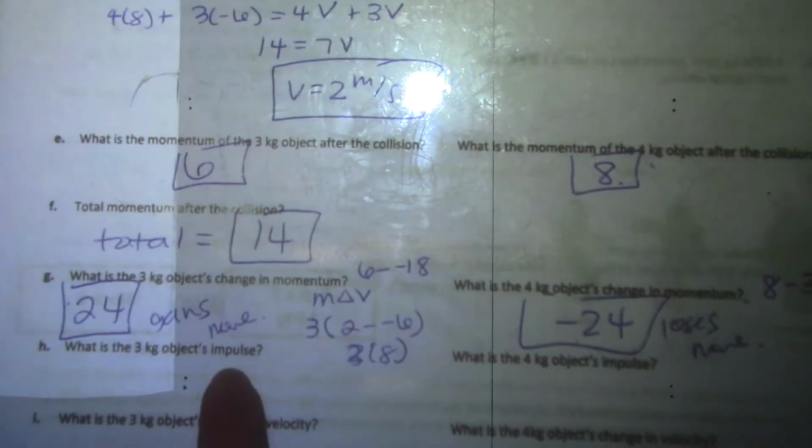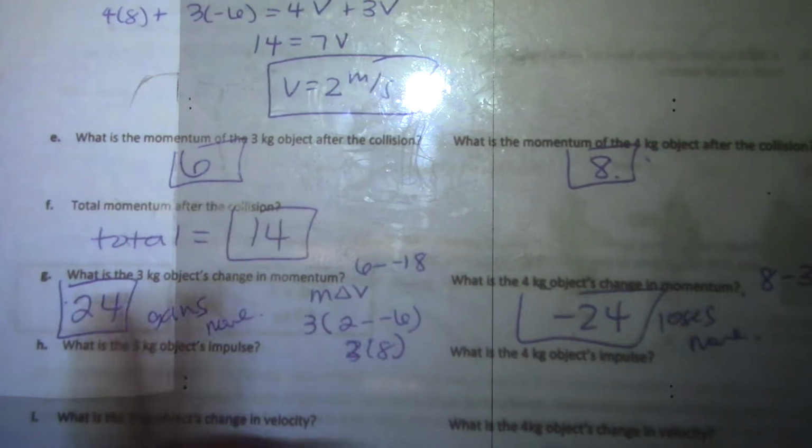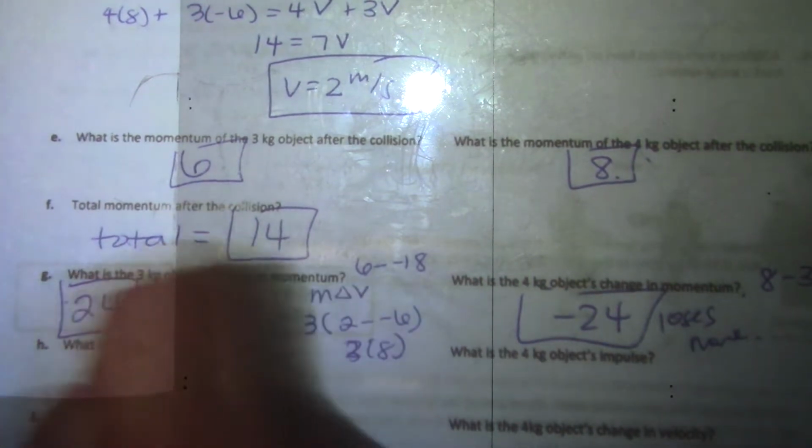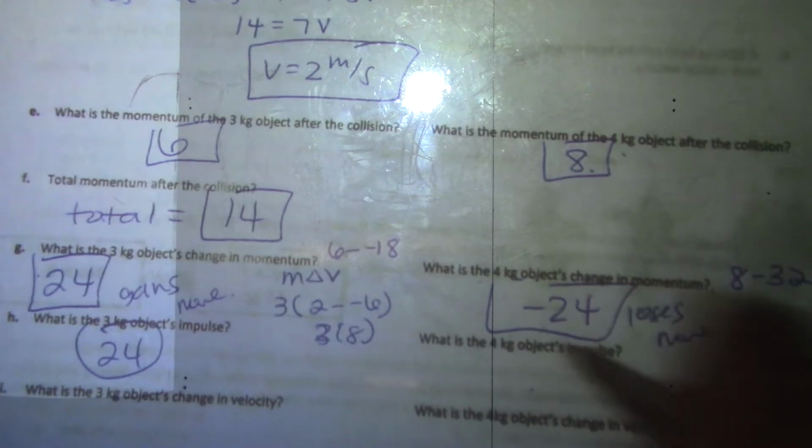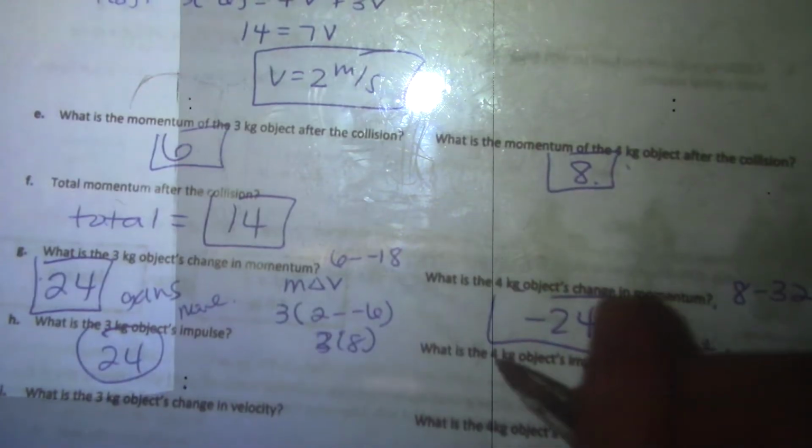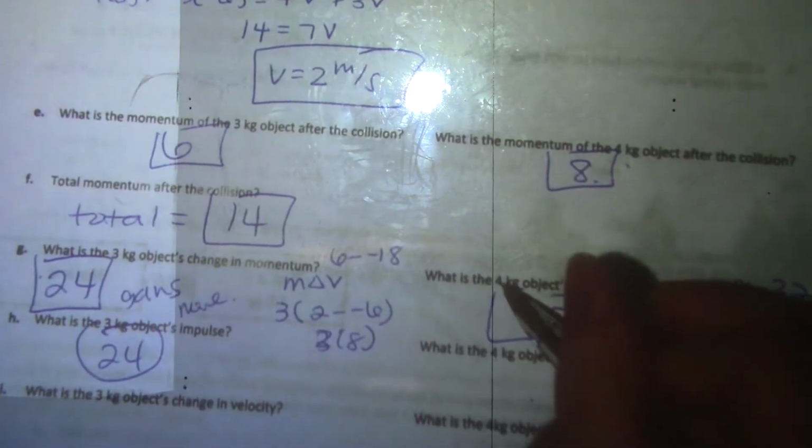What was the 3 kilograms' impulse? Well, remember, impulse is this right here, and this is change in momentum, and we know that impulse is equal to change in momentum. So if I'm looking for this impulse, well, I don't have force and time, but I do know this guy's change in momentum, 24. Here, again, impulse is the same as change in momentum, so the 4 kilograms' impulse is the 4 kilograms' change in momentum,